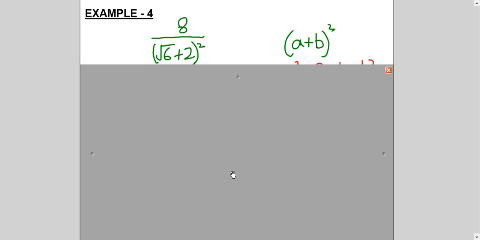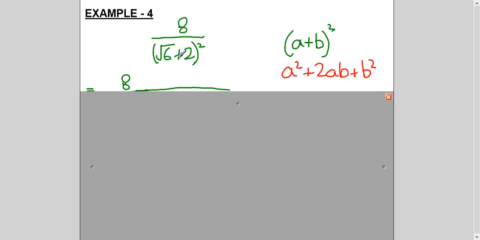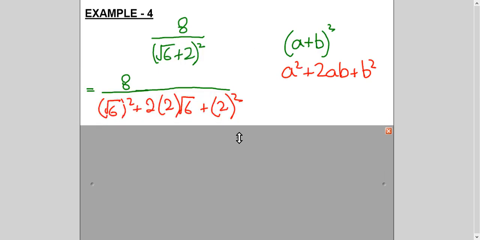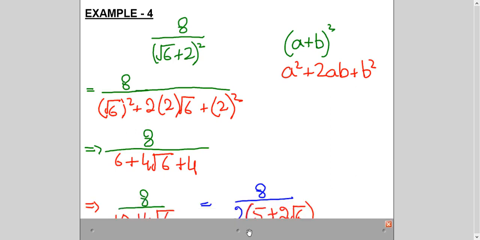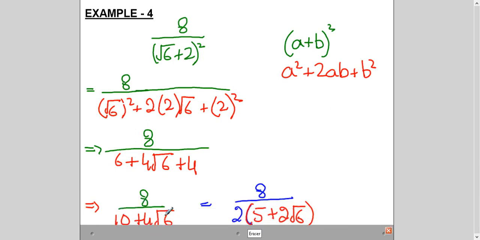So now I'm giving you, I have put more questions because usually students get difficulty in this. So that's why this video will be a little long. But if you are comfortable, you can just move forward the video and see the solution. But I'm just explaining here. So again, I will apply the concept. By the way, here before applying the conjugate, you will expand it using this concept. Now this concept I will not explain in detail because I've already explained in the previous example. So here I will apply this concept. Okay, I'm applying it and I simplify it. So I got 10 plus 4 root 6. Exactly the way we have done before. You can do it yourself now.